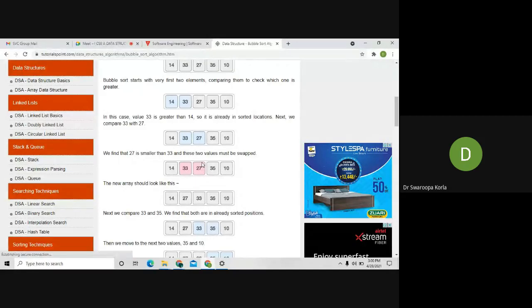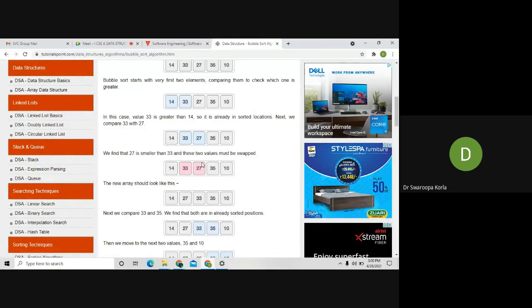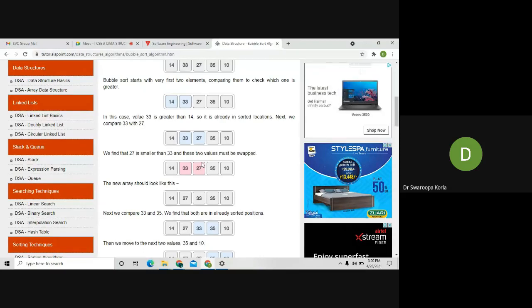It is in the same ascending order, so we are not swapping. In case instead of 33 we had 10, obviously we would need to swap the elements: first 10 would come, later 14. But that is not the case here. As it is in sorted order, we are not doing any swapping.